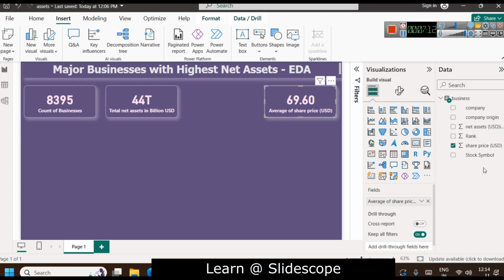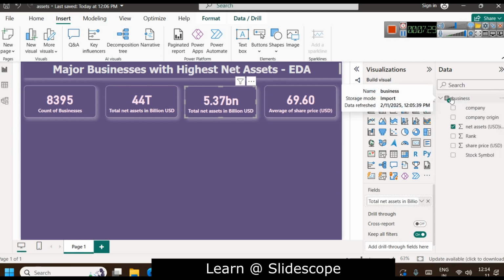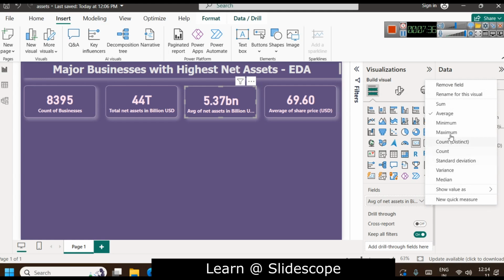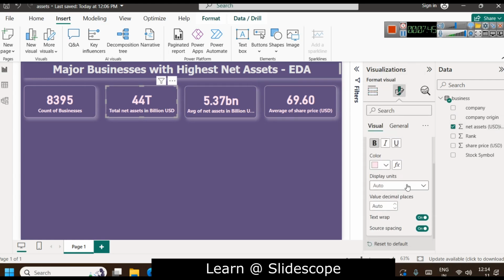Right? Now, since we have this total net assets in billion, we can also use average of net assets. Okay. So here we can go to rename for this visual, and we can use average of net assets in billion USD. So one more thing that you can see here, it is showing trillion because in callout value